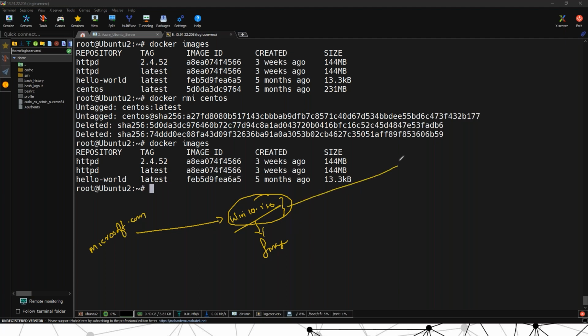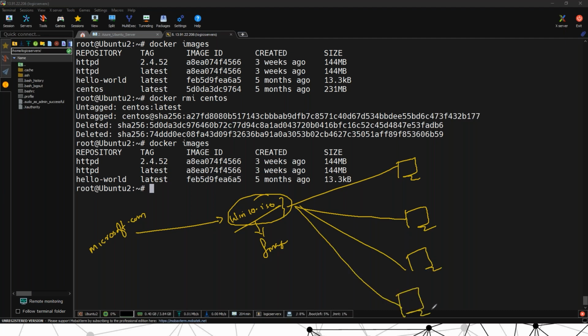I can deploy computer number 1, computer number 2. I can create multiple Windows 10 machines with this. The same way, from one image, you can create 1 or 2 or 3 or 4 or hundreds of containers if you want. It's completely fine. And we will be able to manage the containers more effectively once I teach you that.